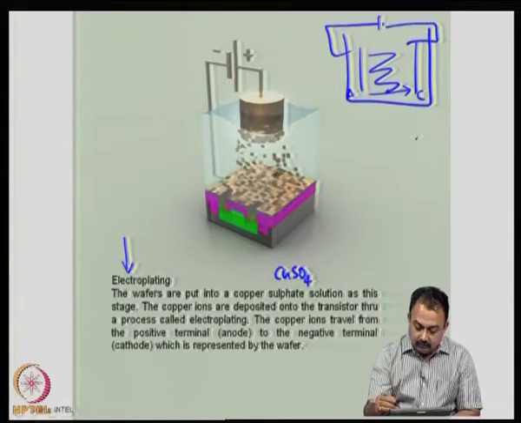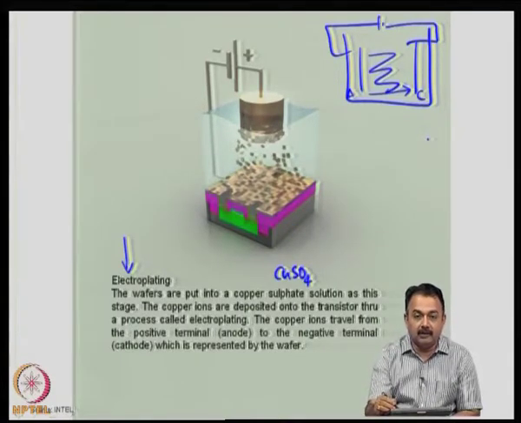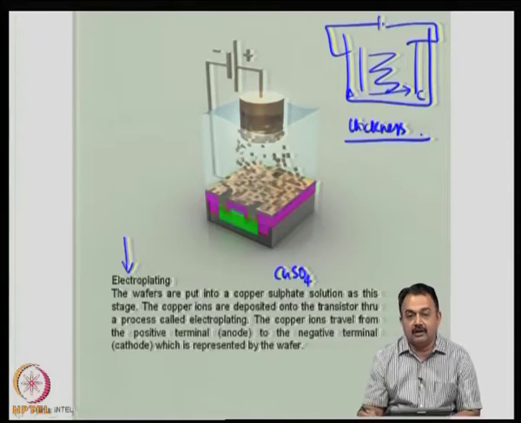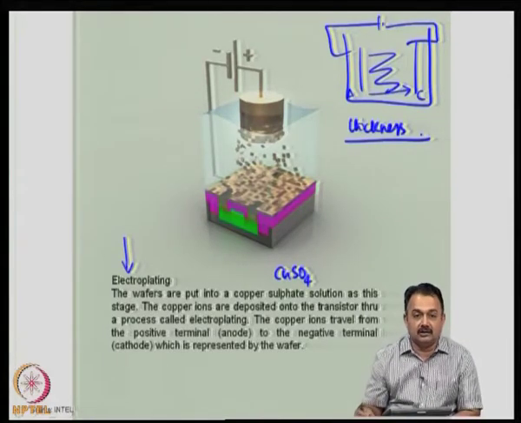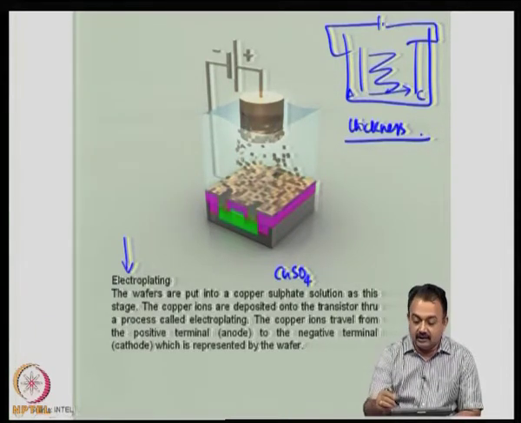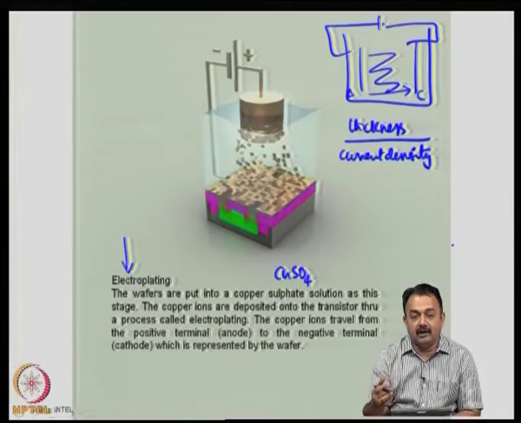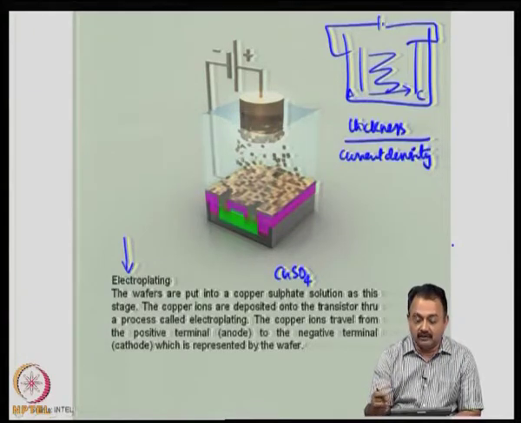Now, you have to make sure that the materials are pure, the copper material is very pure here, and the thickness also has to be well understood, because you can't keep depositing larger thicknesses of copper. So, by certain calculations and by adjusting the current density that you give in the electroplating process for a given area, you can calculate the required thickness of copper,